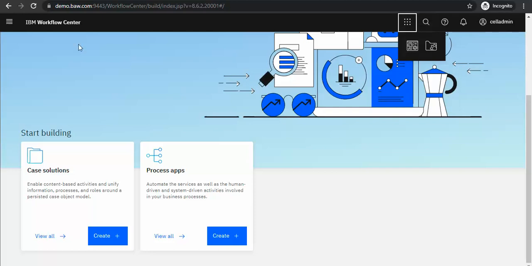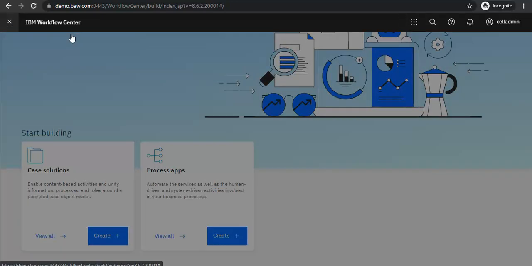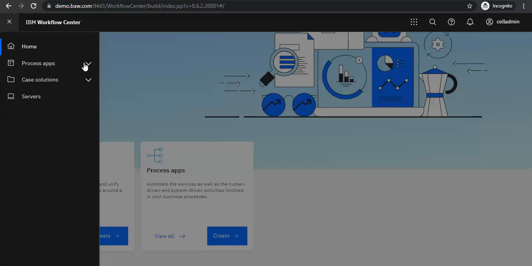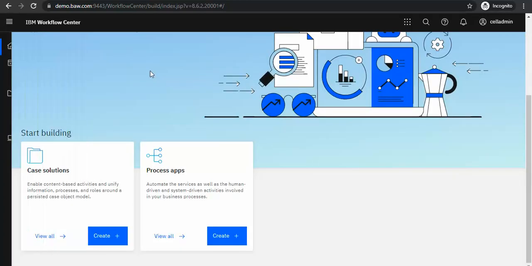Okay, and let's see what other features we have here. So we have process apps, toolkits, case solution, and servers are there.